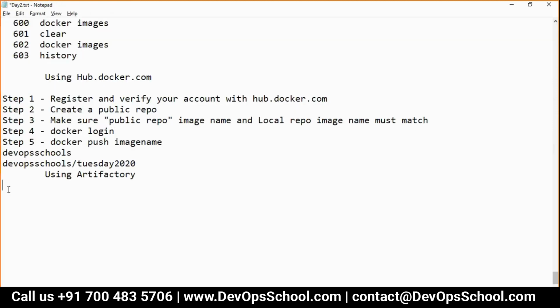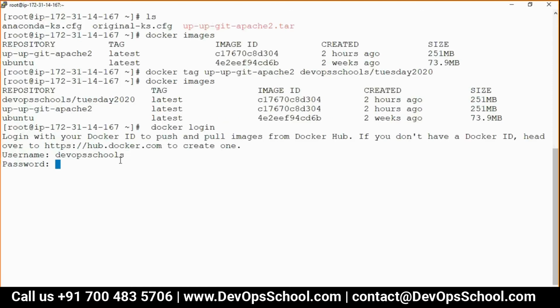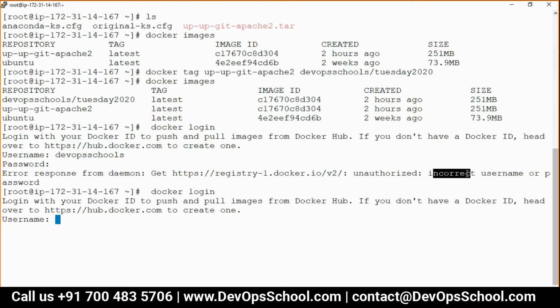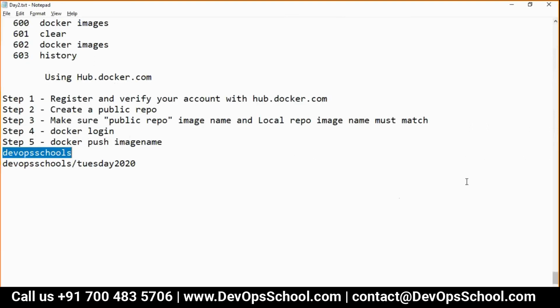So Docker login. My username is DevOps School. Don't use my username. Password, I'm going to use it. Incorrect password. I'm logging in.